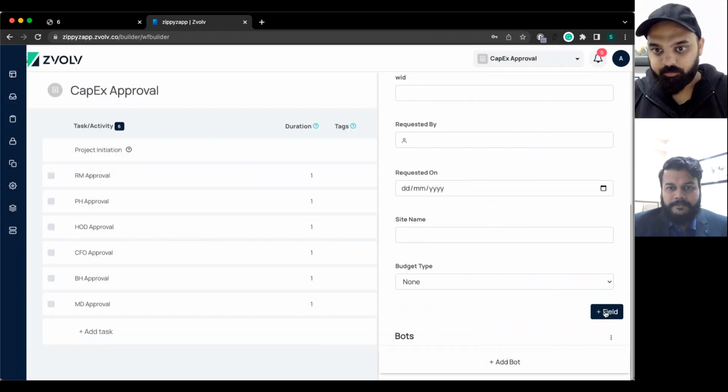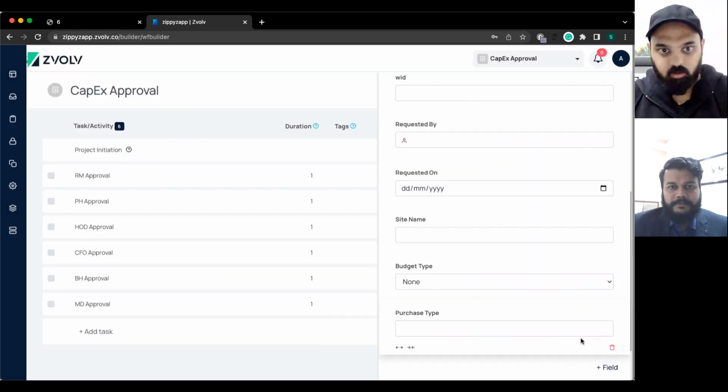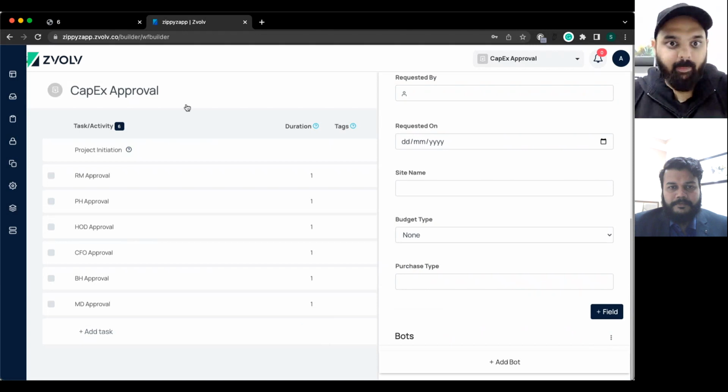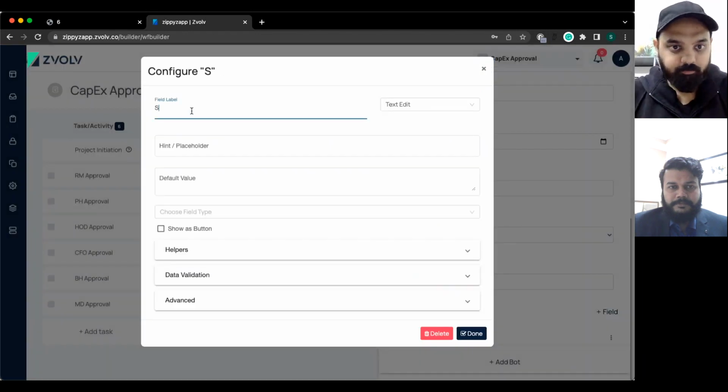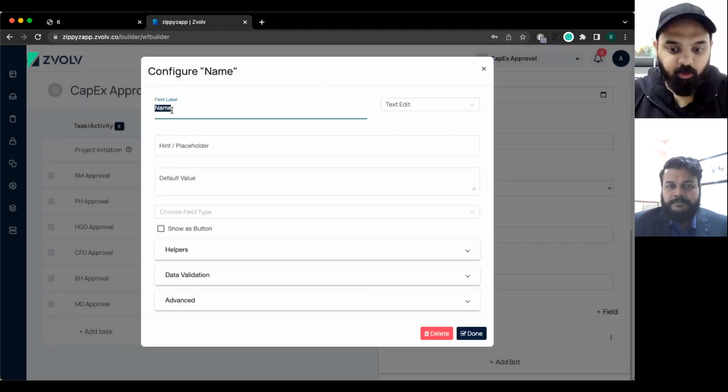And then purchase type. Sector. I'm keeping most of these text fields. I'm assuming all of these are user input.